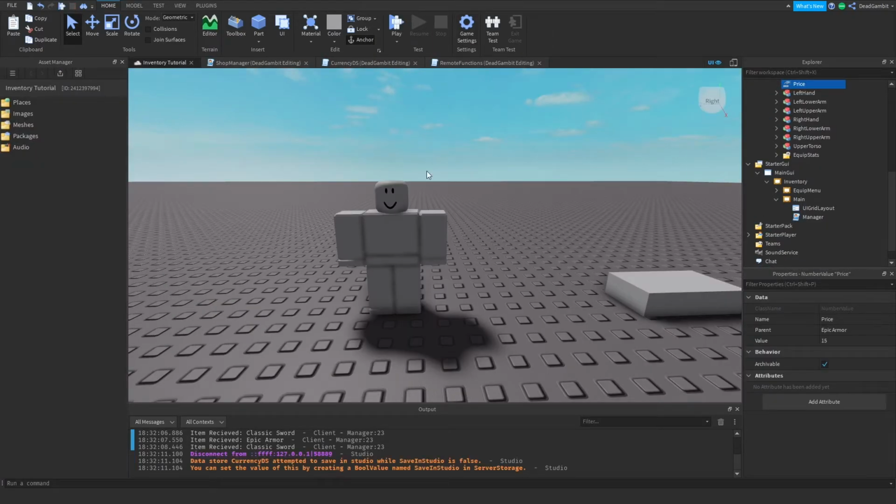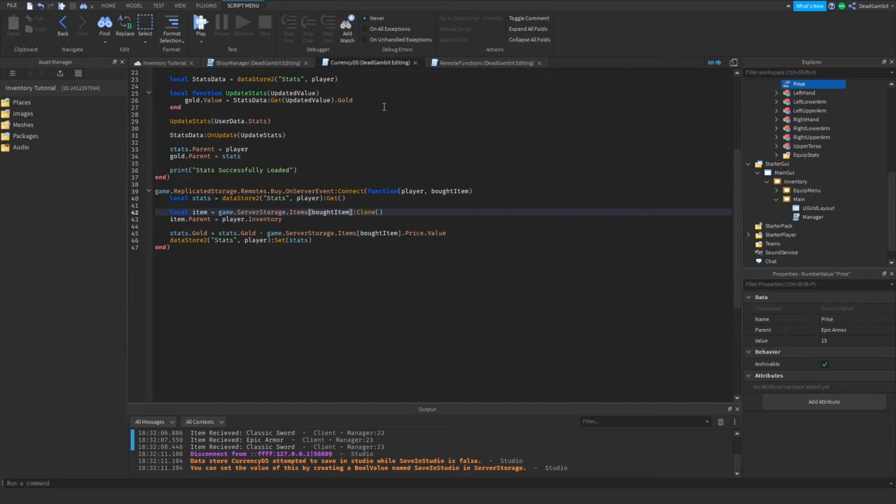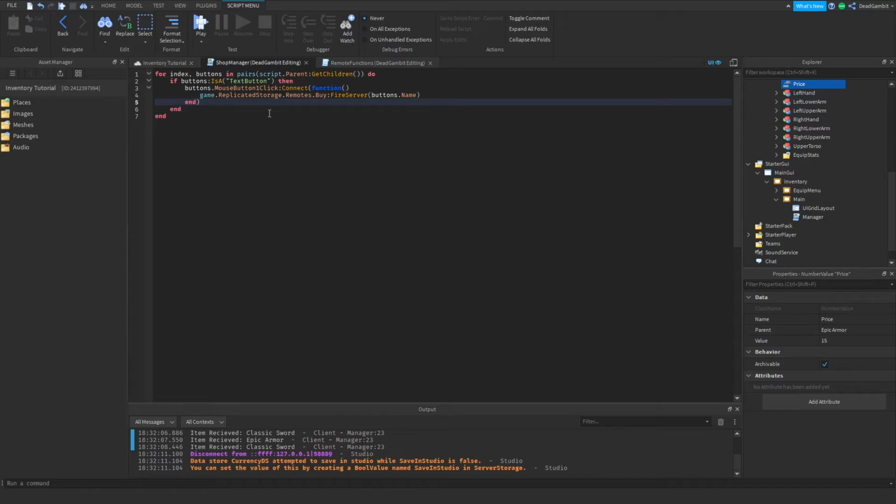So we were able to set up a little simple stat data store for that, so we no longer need to look at this. Now we just need to make sure that we put a restriction on whether or not the player can actually afford the